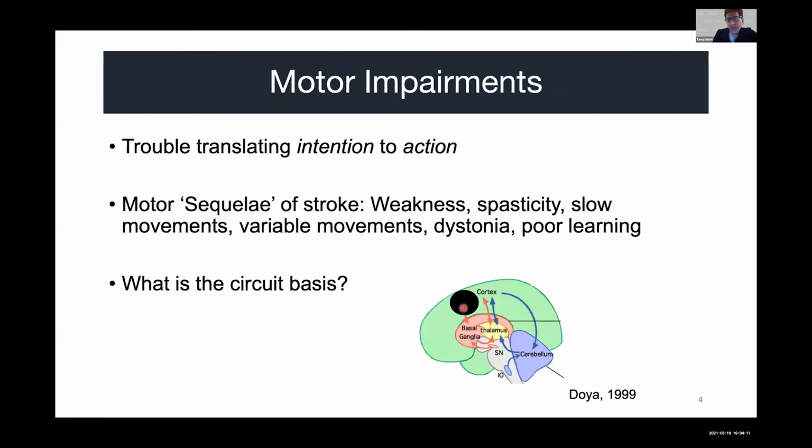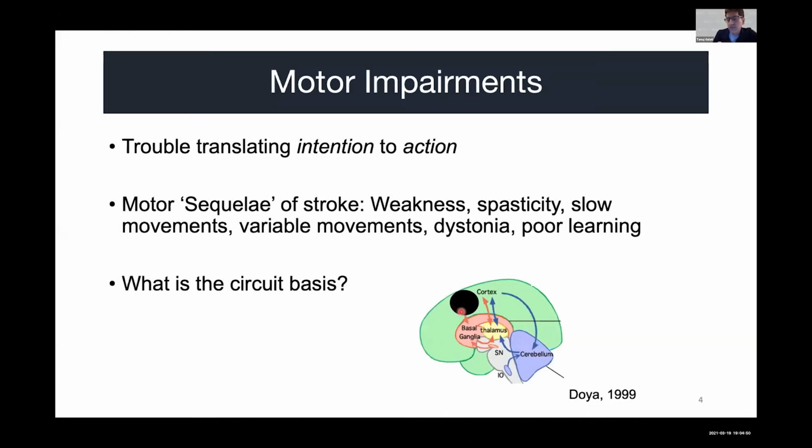This is a sort of a schematic, a cartoon. Typically in your brain, your motor actions are instantiated by a lot of different areas. For example, there is motor cortex, thalamus, basal ganglia, and cerebellum. All these regions are involved in motor control and motor learning. After a stroke, there is a lot of network activity that changes in these regions. And just the way the blood vessels in the human brain are designed, most of the strokes end up occurring in the middle cerebral artery, and there is a lot of motor disability as a consequence of this. A majority of patients go on to have motor disability.